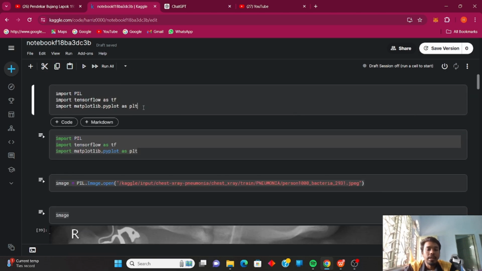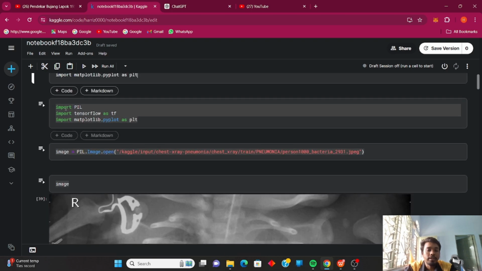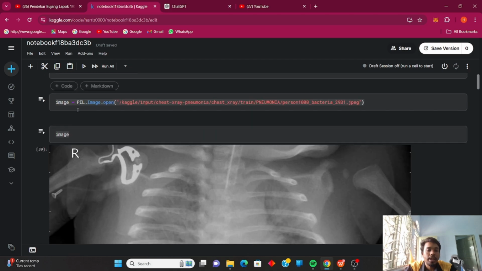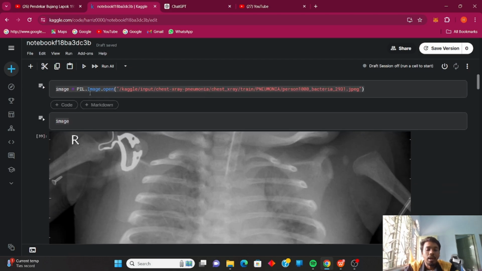And then after that, in the second cell we import PIL, which is the Python Imaging Library. And this is TensorFlow, which is a deep learning library, and we use matplotlib.pyplot, which is for plotting and visualizing data. So this is the coding. And then this line is for